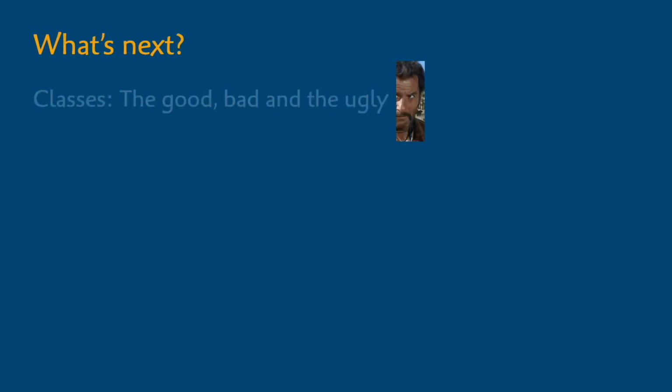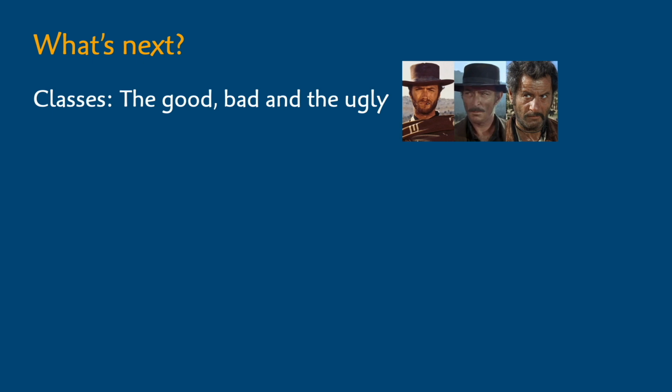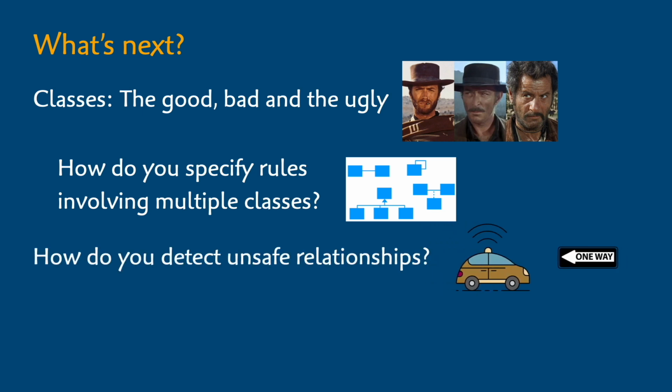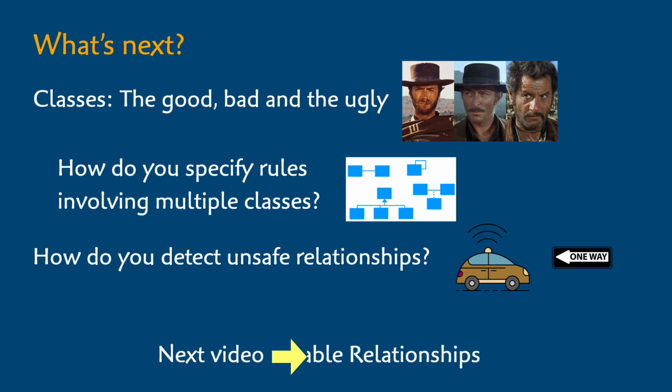There's a lot more to say about both good and bad classification, and we'll get into that in future videos. But as you may have guessed, most of the interesting rules, logic, and edge cases that you need to specify involve multiple classes. So for a given class, how can we specify rules about what instances can be related to other instances and when? More importantly, what relationships detected in the real world would tell us that something nonsensical or dangerous is happening? We'll begin our journey into rule specification by way of executable relationships in video 230, coming up next.